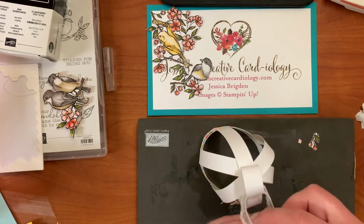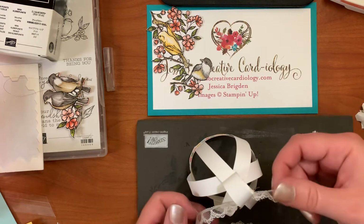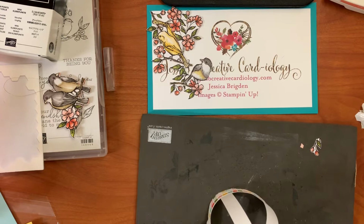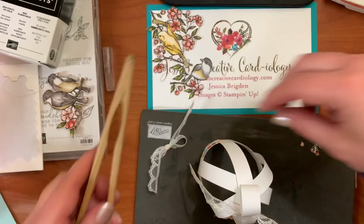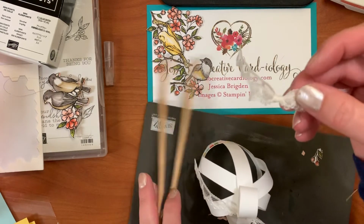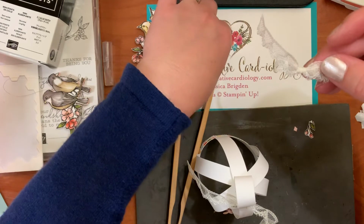So just going to give myself enough length here just to tie a knot right there around the top. Okay. Have the scallops hanging over. And then I've already done, oops, a little lace bow. So this is my toaster tong bow, and if you go back through my YouTube videos here, I do have a toaster tong bow